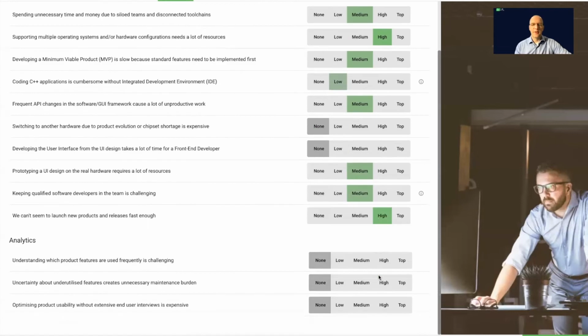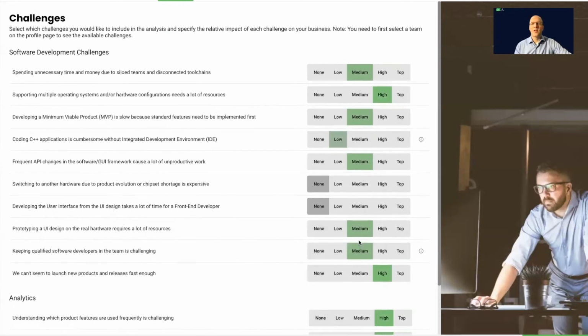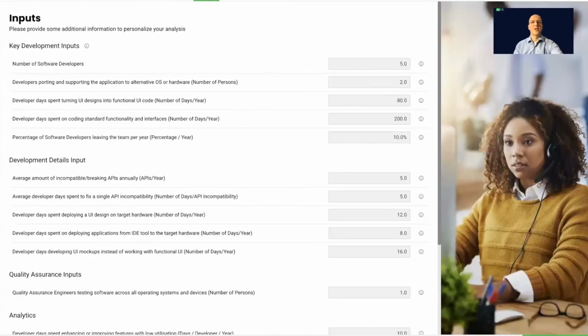And we can do that for the developer offering. We can do that as well for the analytics part of the Qt solutions. And then essentially what happens is the tool in the background will assume, okay, these are the challenges that we have. Let's look at them in further detail. What could be a potential benefit going forward? So what happens next is that we are calculating the inputs accordingly,